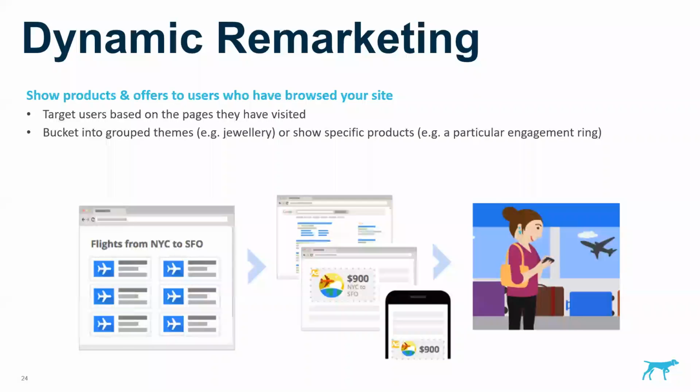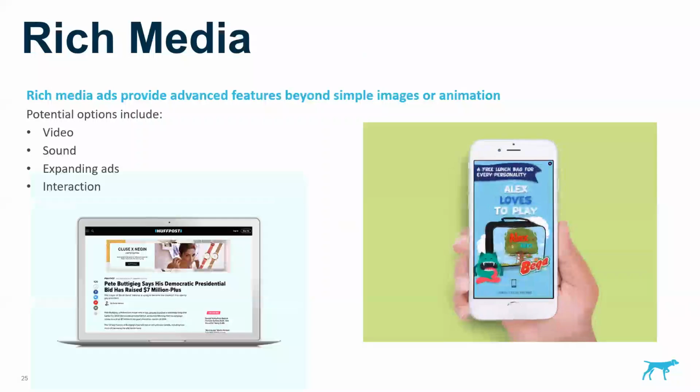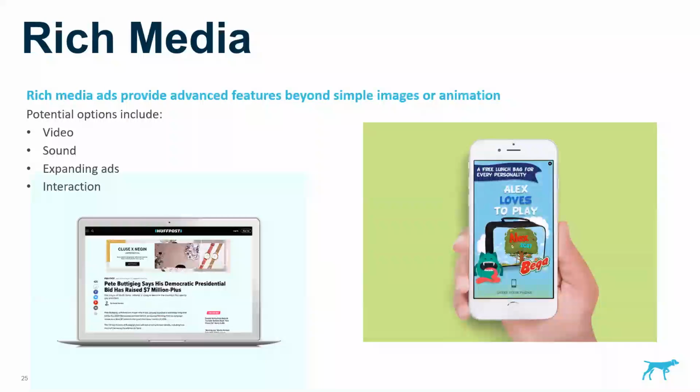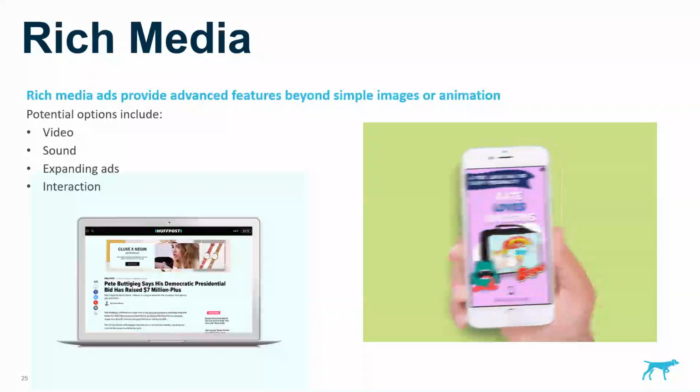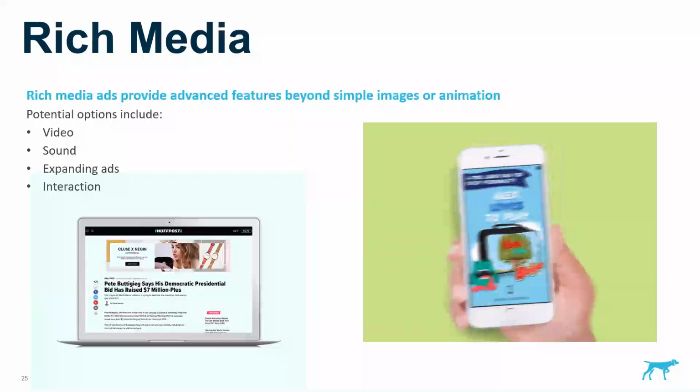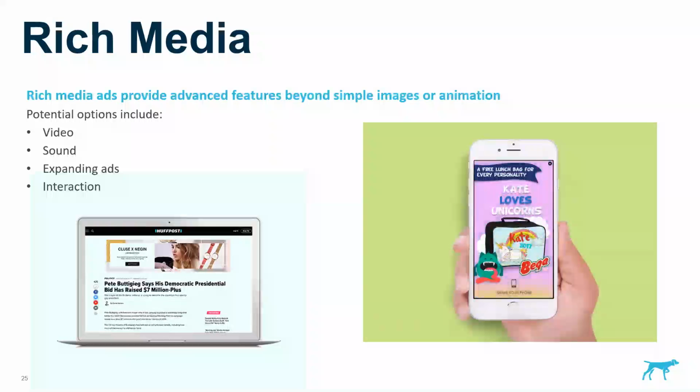The other ad type is rich media. So this is a bit more complicated. I guess the cost and tech involved to get this going is a bit higher. It can be very impressive. So this example on the right here of shaking the phone to change the ad is actually quite a novel concept, and I was pretty impressed.